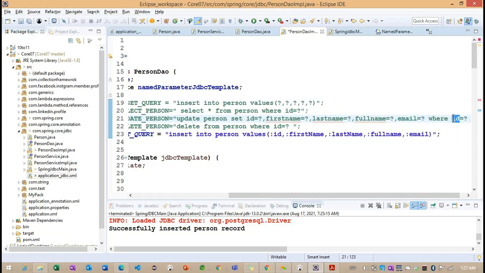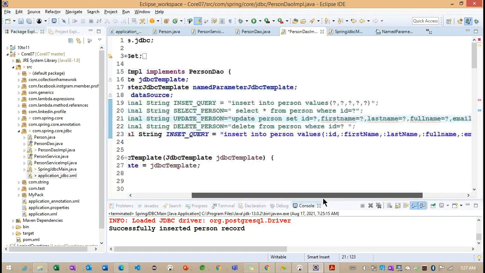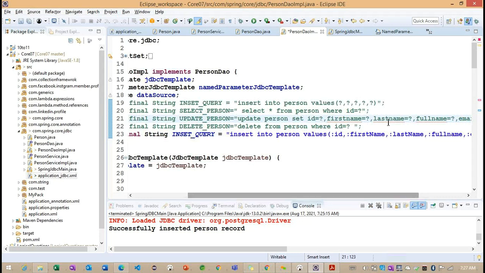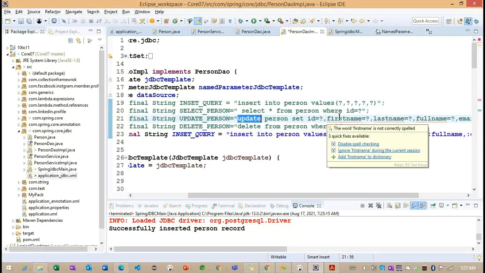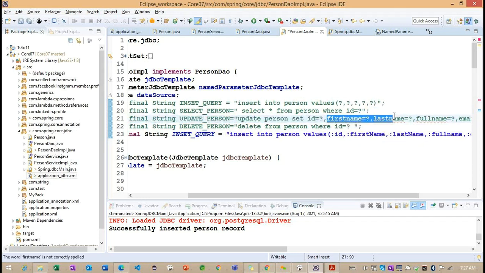Based on this particular ID, we are trying to update the records here. All the records I'm trying to update here. Getting the point. So if we want to update a single record, this is the same query we can write. The only difference here is that whatever column we want to update, we'll update only the specific column here, like either first name or last name or full name or email.